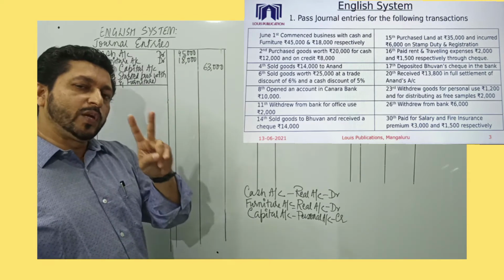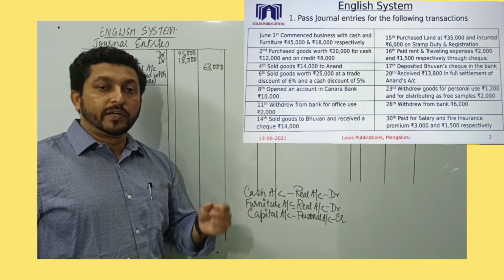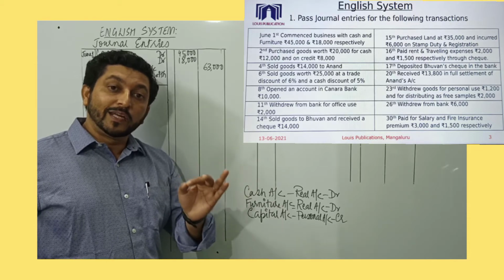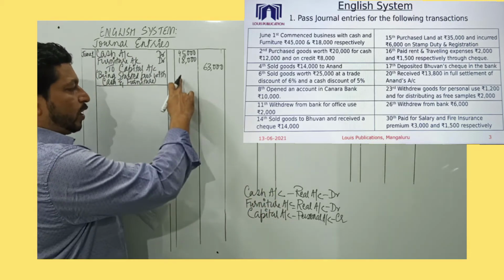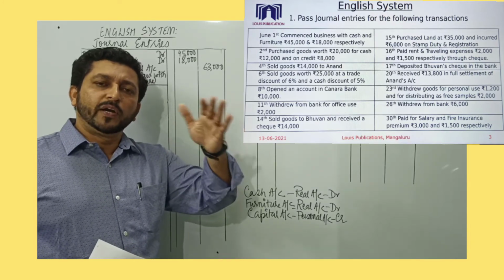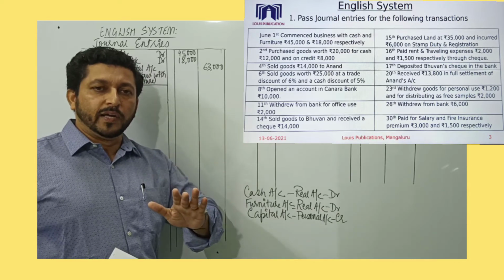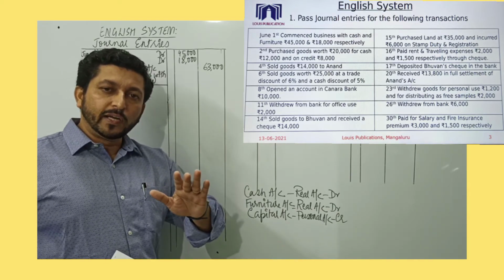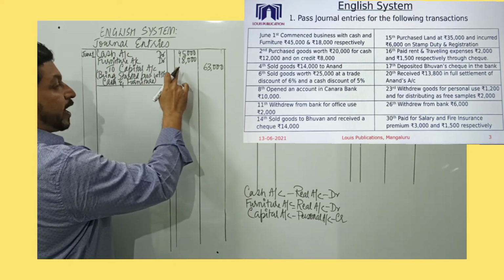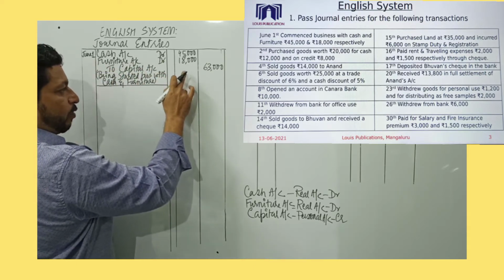So entries where only two accounts are involved, in which one account is debited and the other account is credited, that is called a simple journal entry. But an entry where there are three or more accounts, in this example there are only three, two may be debited or two may be credited. But one has to be debited or credited. Remember this. Entries where there are three or more accounts present are called a compound journal entry, and the June 1st entry is a compound journal entry.